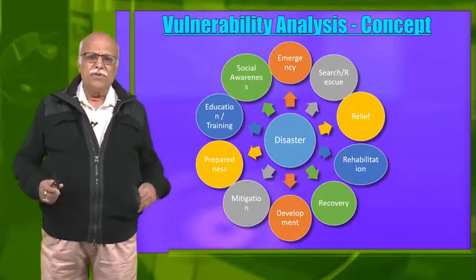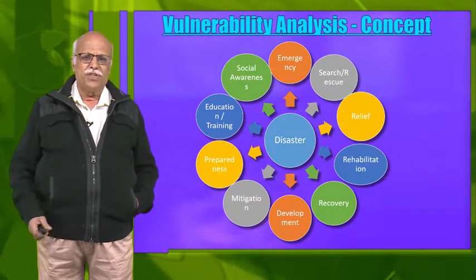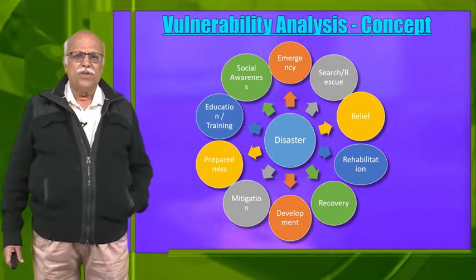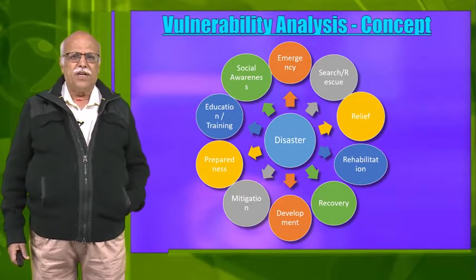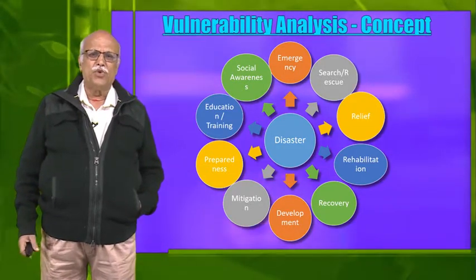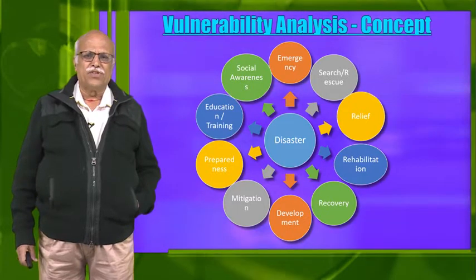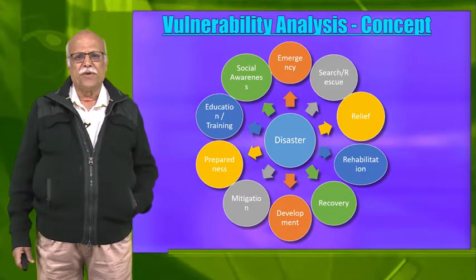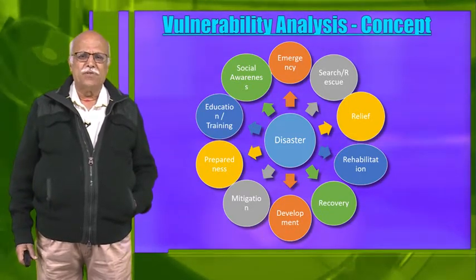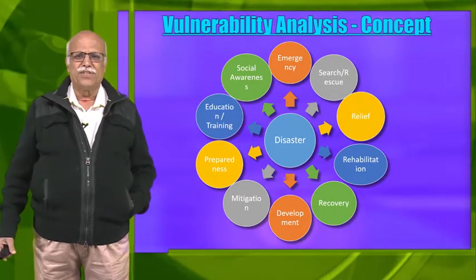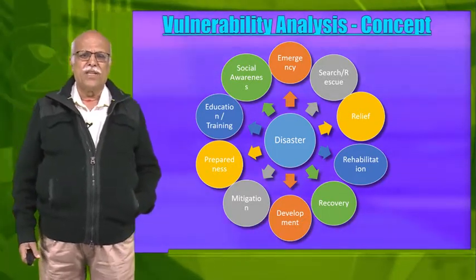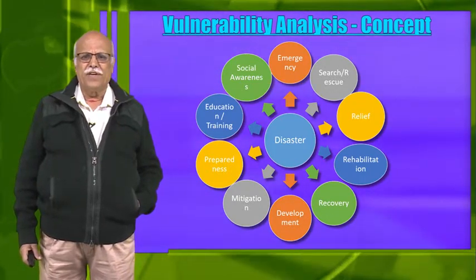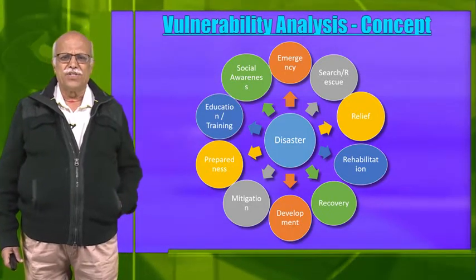Friends, I am giving you a small picture in which in the center it is written as disaster. Now look at the 90 degrees arrow, you will say an emergency has been created. Once the emergency has been created due to various natural or man-made situations, the people at large in a given area are suffering. It can have various consequences. Buildings have collapsed, people have become homeless, etc. What is the first thing that we require in such situations? We require search, rescue, first aid, firefighting, evacuation, communications, etc.